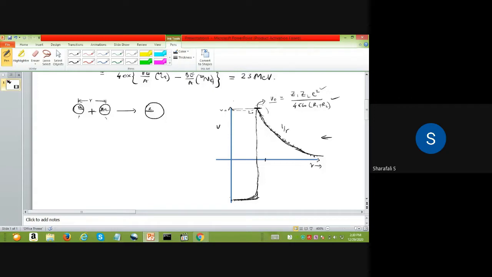Then only it can reach in this fusion stage. Okay, then only it will fuse. Suppose you have energy which can reach up to here, but it will not come to this end because it still needs this much energy to cross this barrier. Okay, so it needs at least that barrier height, that potential energy, which is coming from that Coulombic repulsive